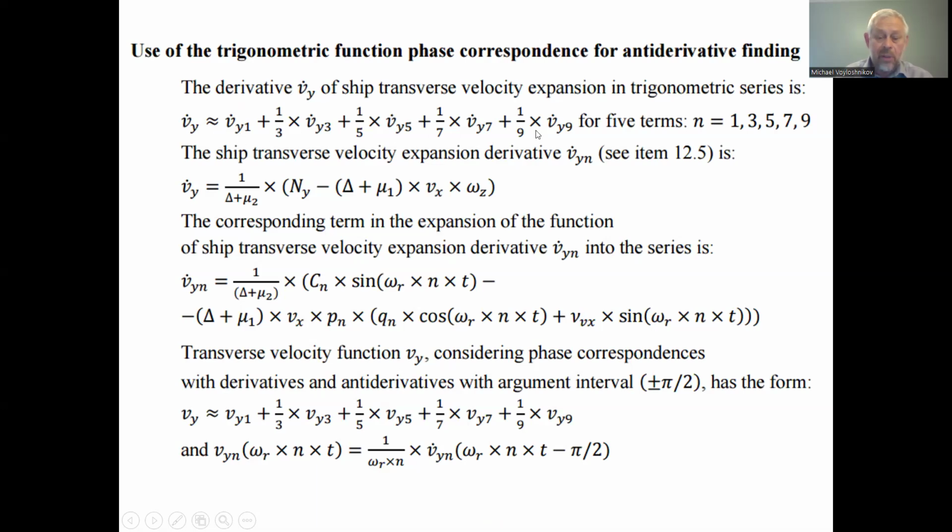And this is the expansion of the velocity as a solution of the indicated equation. This was the first equation after the simplification of the system of equations of strip motion on the surface of calm water. We considered them in detail in article 12.5. So here we have the control action, assigned by the transverse force, and the previously obtained solution of the angular velocity of the ship motion on the